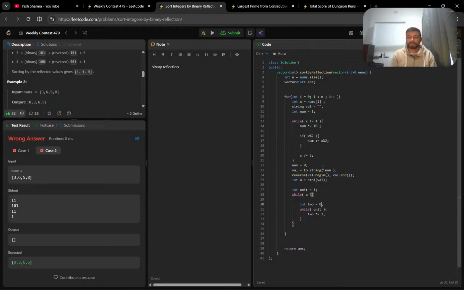If it is 0, if unit is 0, then 2 will not run. And for the first time, see, if